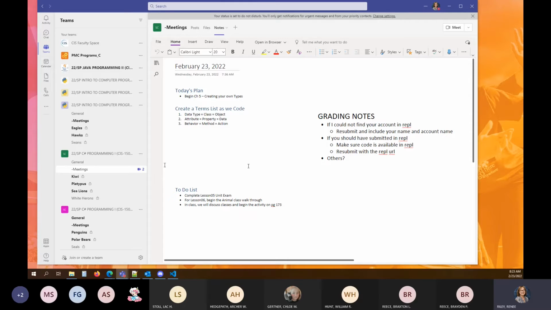We're looking at creating classes, creating our own data types. We've seen C# so far as very type specific, right? You always have to tell it, this is a string, this is an integer, this is a double. C# wants to know what type things are. Why is C# so popular in the world? Because you can create your own types, your own data types, and you do that by creating classes.